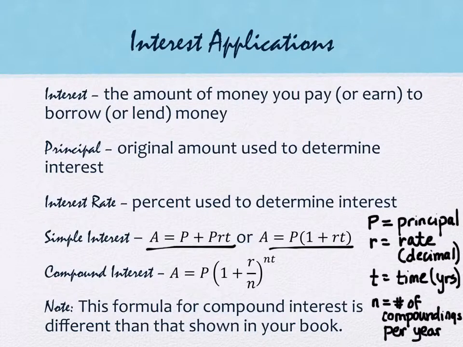So if you have something compounding monthly, how many times in a year would it compound? 12. So N would be 12. If you had something compounding weekly, you'd have 52. Daily, 365. What if it were, let's see if you know this one, because this one always trips people up,